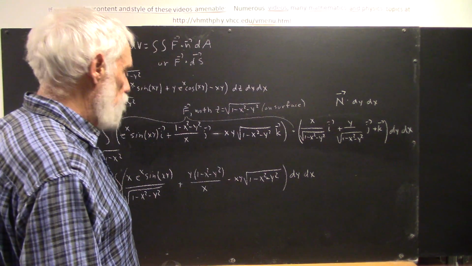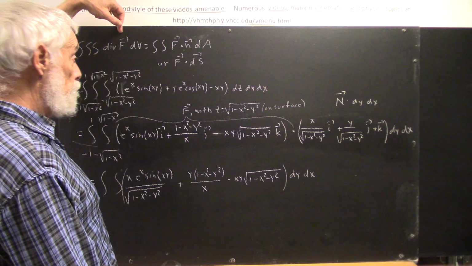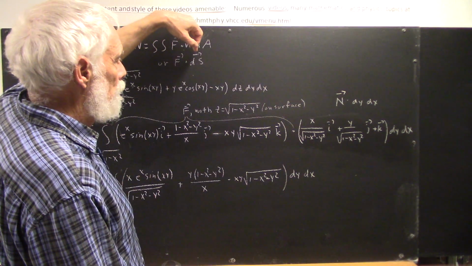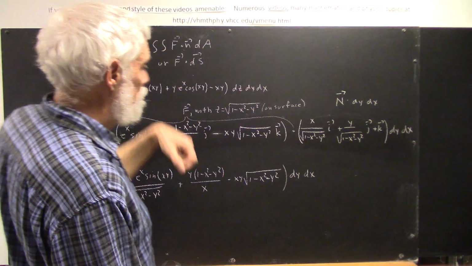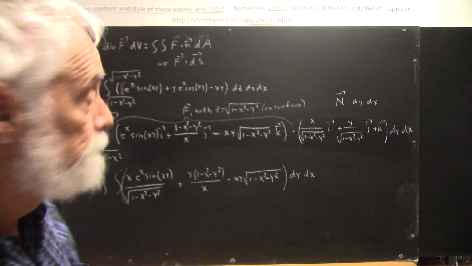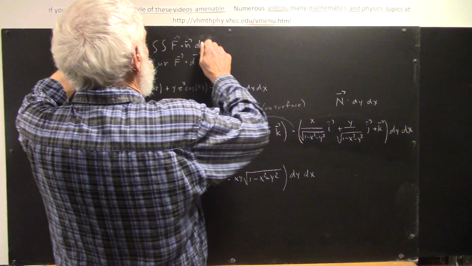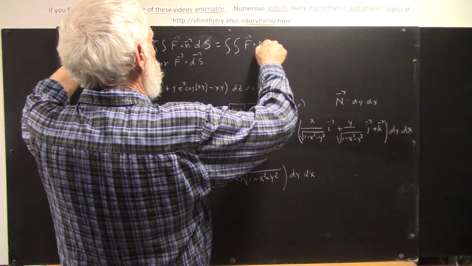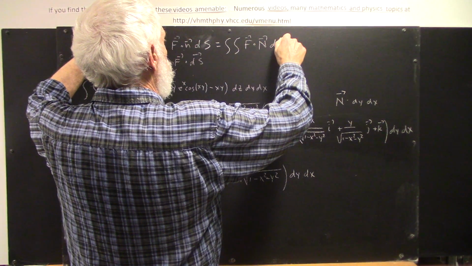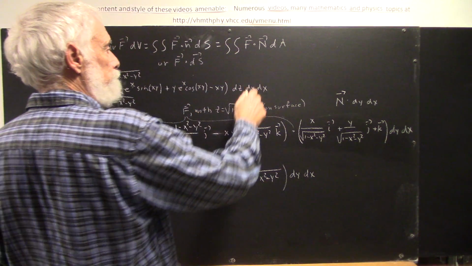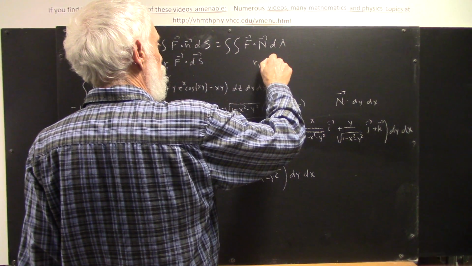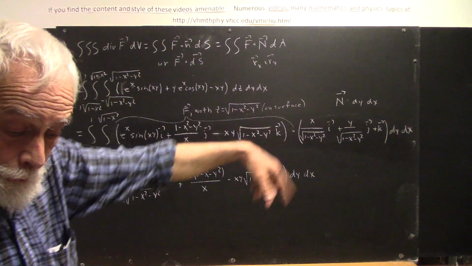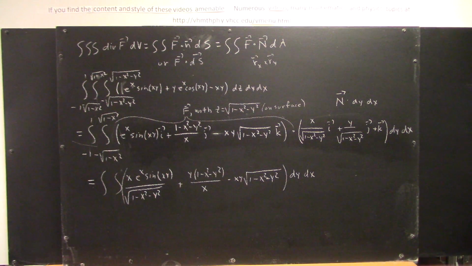Okay, the divergence theorem simply says that the volume integral of the divergence of a function is equal to the surface integral of f dot vector ds, or f dot n dA, and this should be ds without the vector, and we could also say of f dot big N dA, where big N is your Rx cross Ry in this case. The cross product of your tangent vectors. Okay. Now,